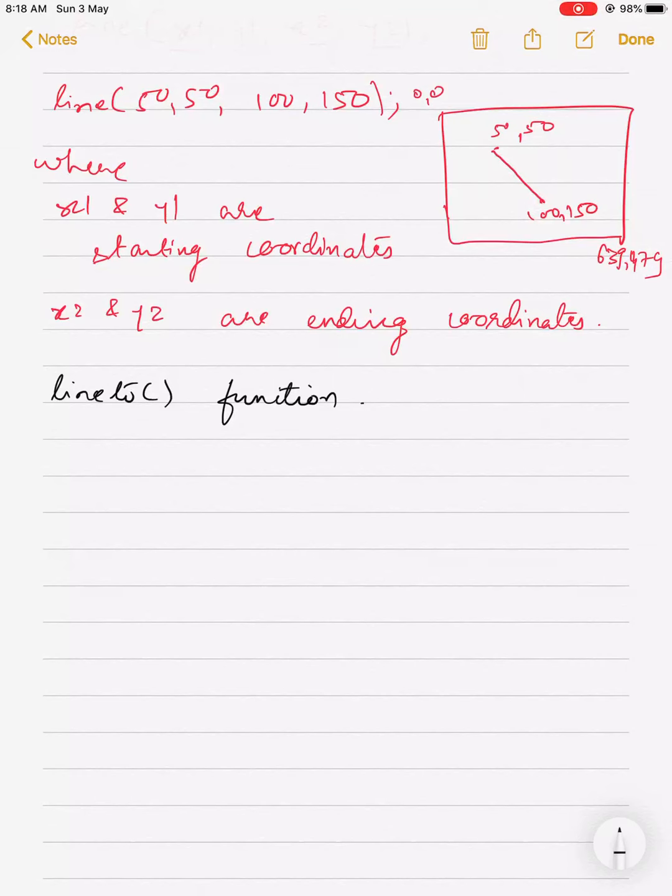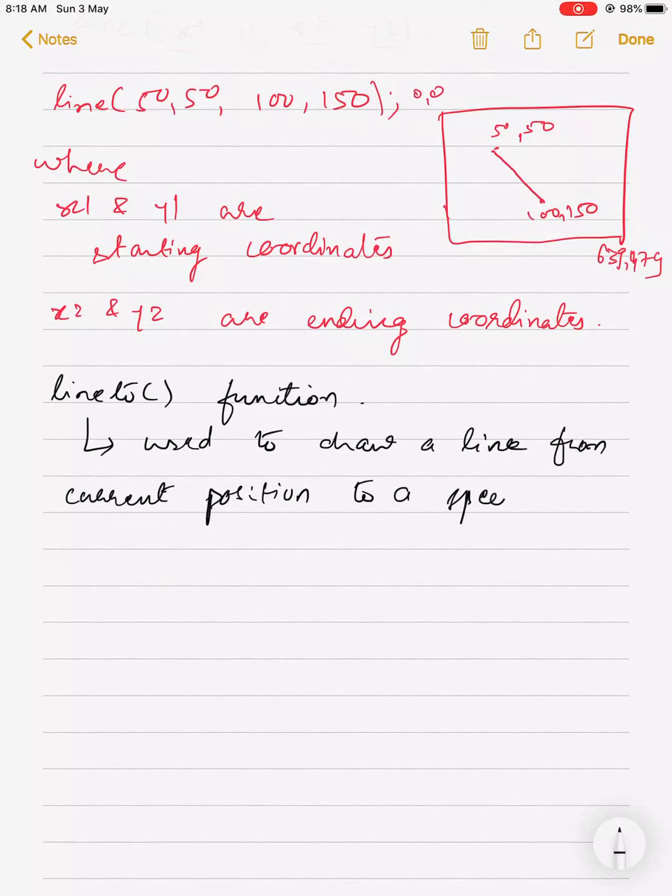The lineto function is used to draw a line from the current position to a specific coordinate. Now how to check the current position? For checking the current position there is one more function available, moveto(x, y).